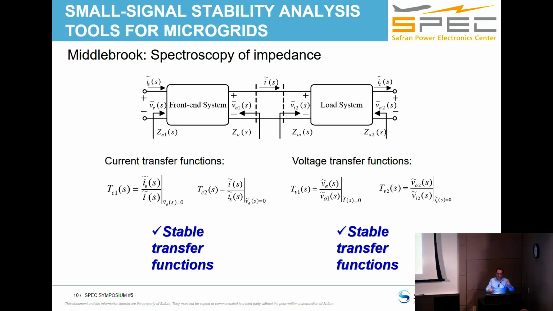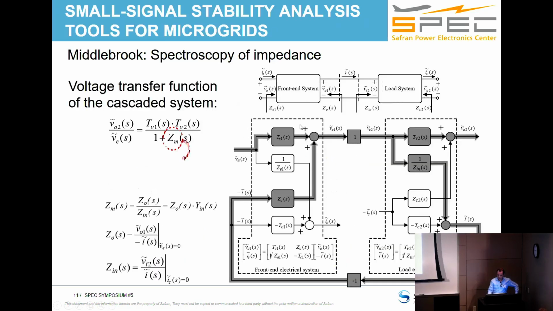You put them together, so you have the front-end system and the load system, and you go by these transfer functions. This one is stable, this one is stable, I mentioned that. And then because of this interconnection between these systems, if you look for the voltage transfer function, I mean the output voltage on the input voltage,